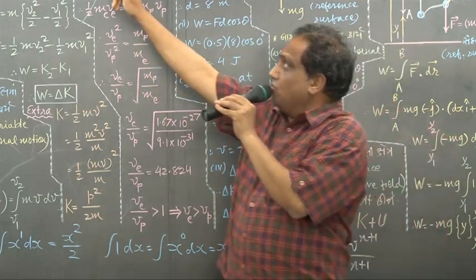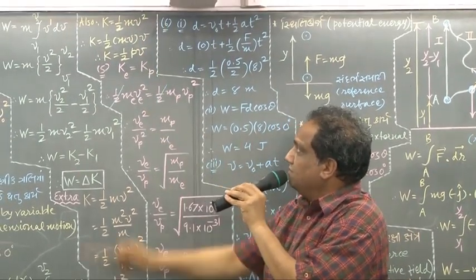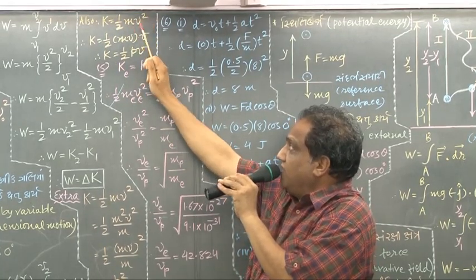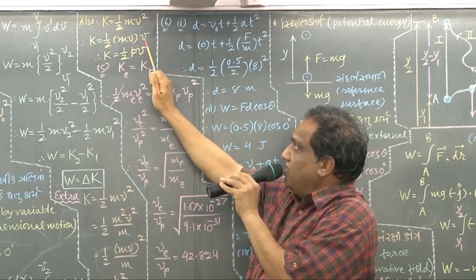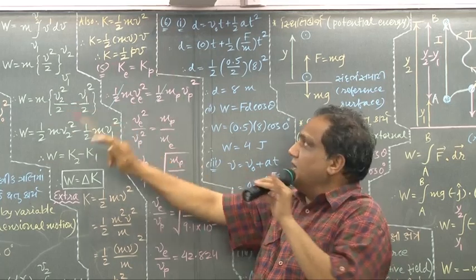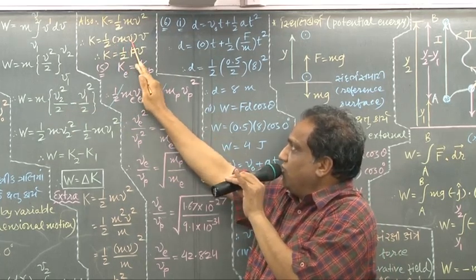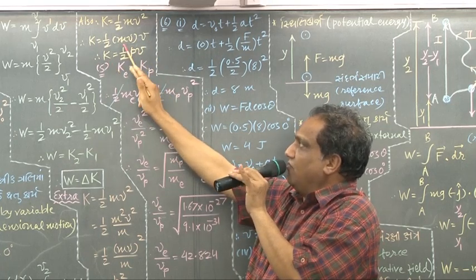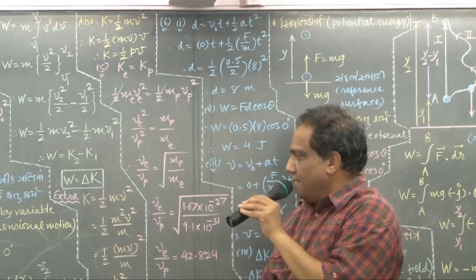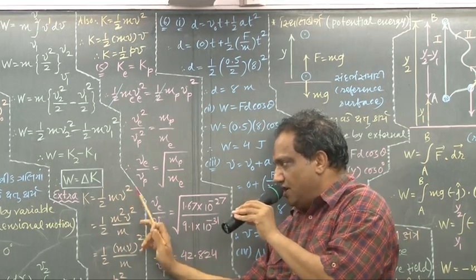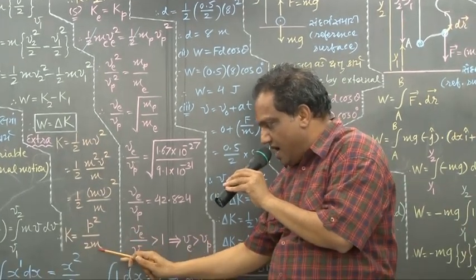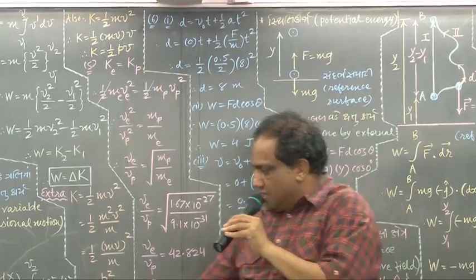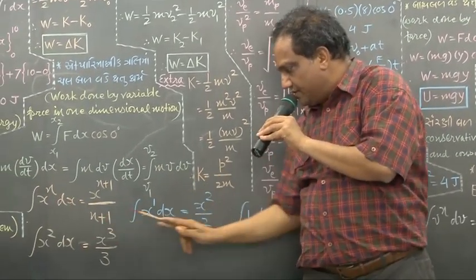Let us obtain the third formula now. K equals half mv square, 1 by 2 as it is. What about m into v square? Can it be written as mv into v? mv into v gives v square. Now 1 by 2 as it is, and mass into velocity is momentum, into v. So kinetic energy is 1 by 2 pv. The first is the formula in terms of mass and velocity, p square upon 2m is in terms of momentum and mass, and this is in terms of momentum and velocity. On the last page, please write down all these steps.